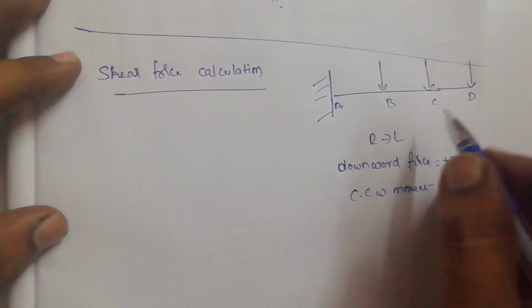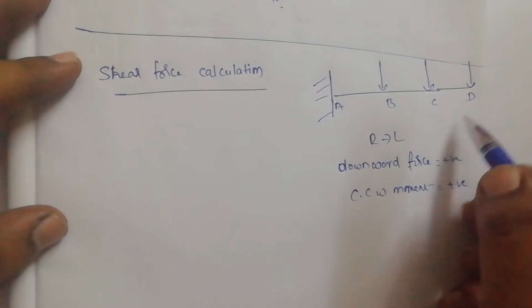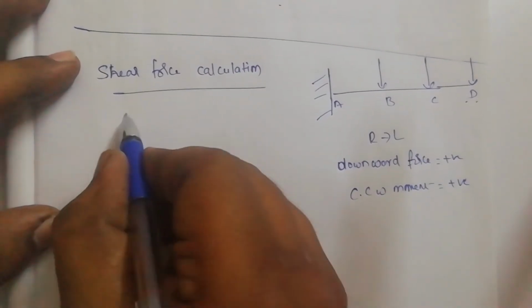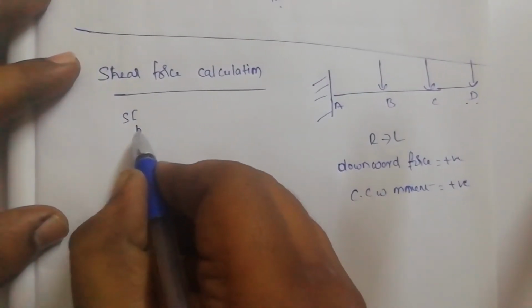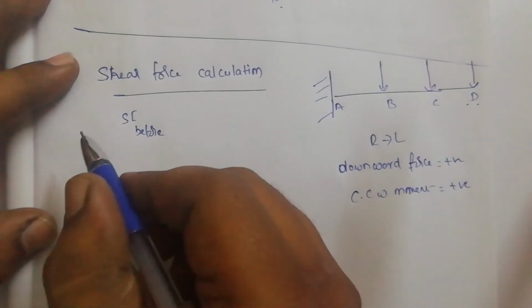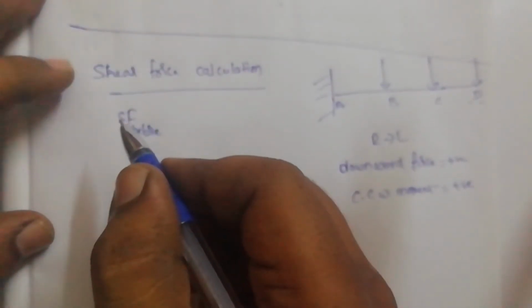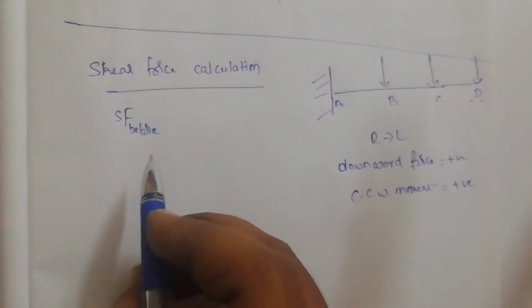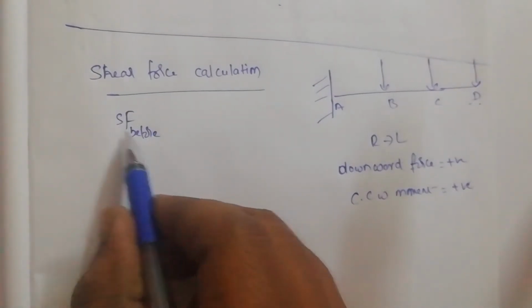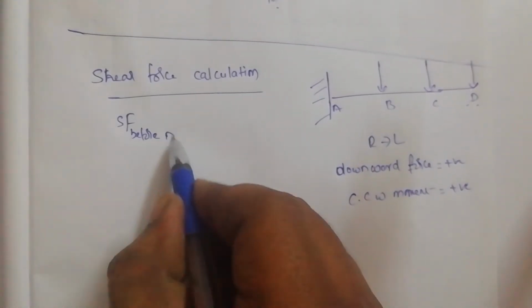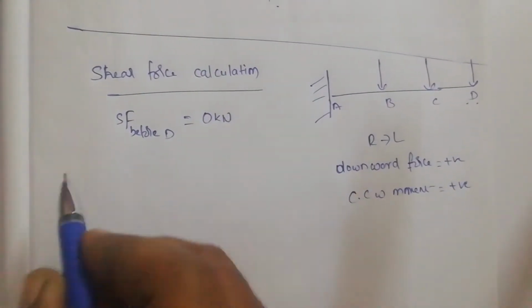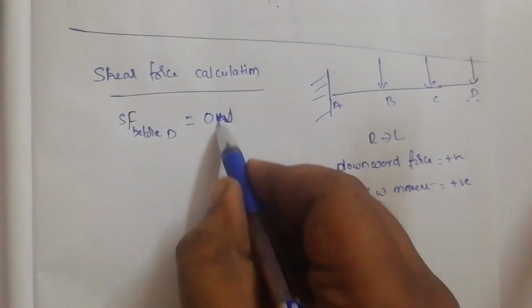Now we are solving from the right corner, from right to left, so the rightmost point we have is point D. So, shear force before D, because sometimes we will have a UDL along with a point load. If it is a UDL, you will have some load even if there is no point load. Therefore we take the shear force before point D. There is no load before point D, so we write it as 0 newtons.